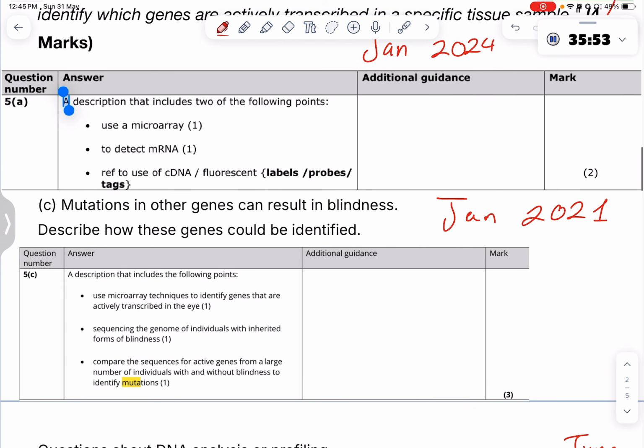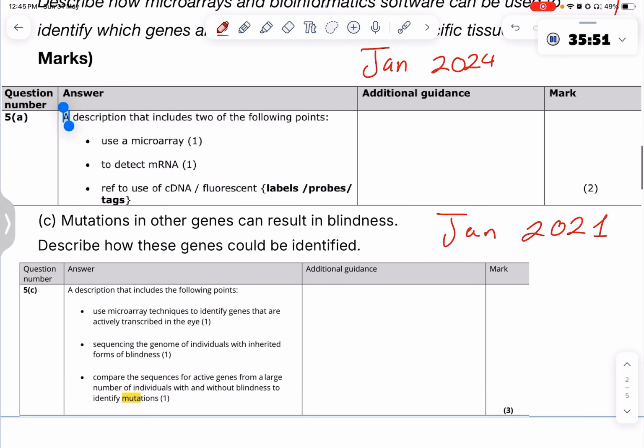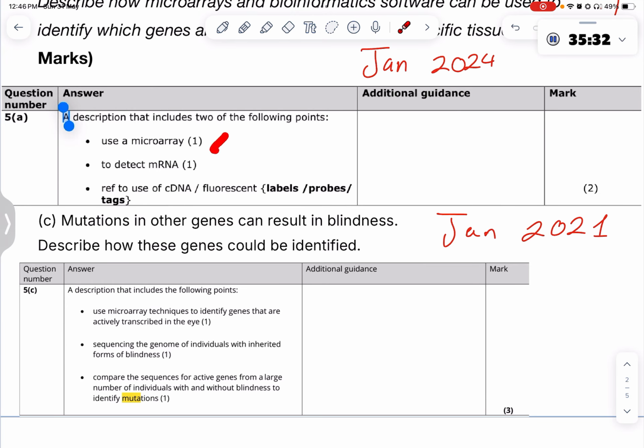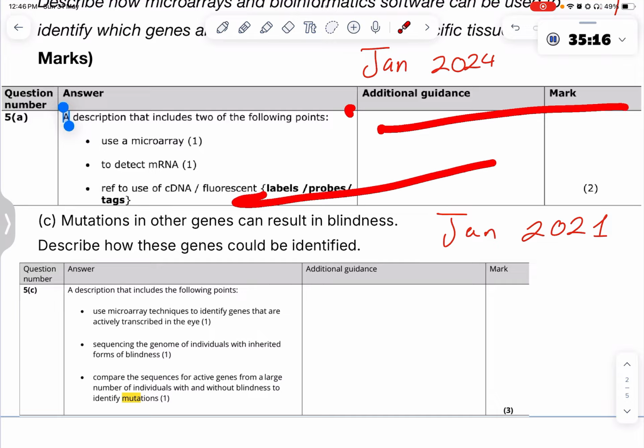Let's come to the next question, which is how you can identify the actively transcribed genes. In this question, it was 2 marks, and it didn't need the use of bioinformatics, just the explanation of the microarray procedure, and that was the first time for this. I remember that this was a recent year, so many people lost the 2 marks, or actually lost the second mark. They had the mark for microarray, but they expected it to be like use microarray because